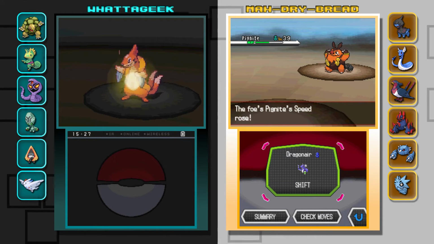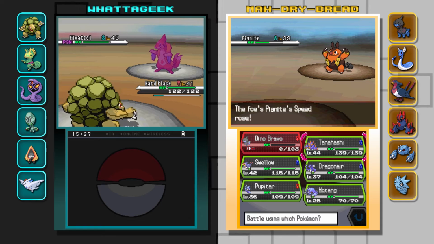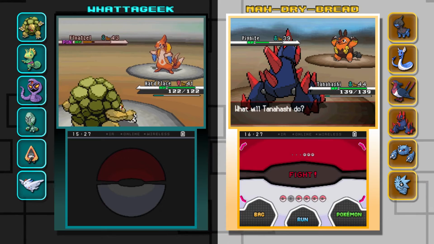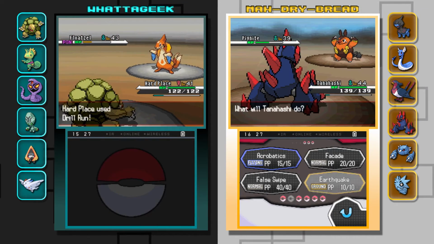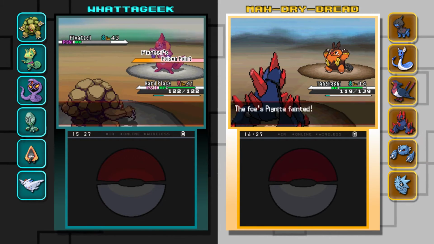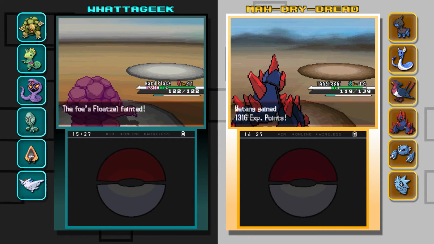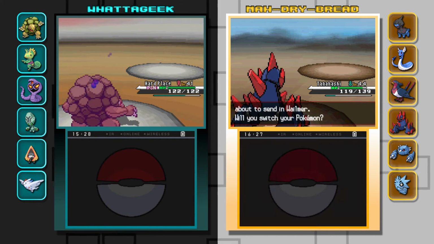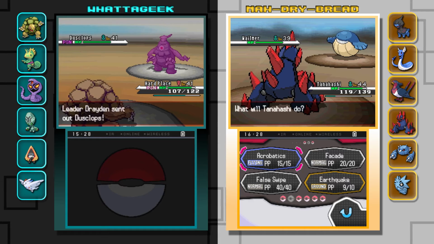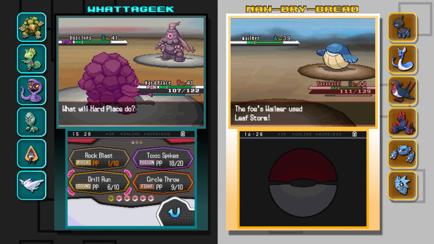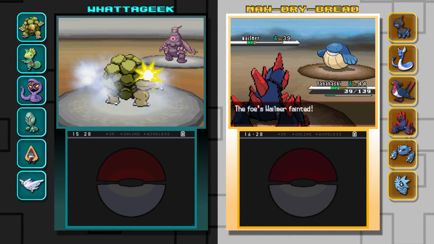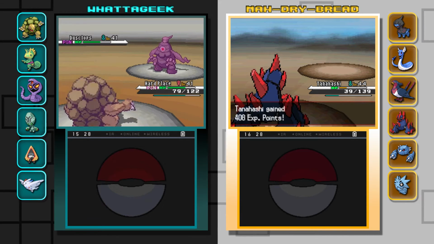Uh-oh. Float Cell's using Tail Glow. Wait, no, what am I thinking? That's a dragon. Tail Glow raises Special Attack drastically. I got called out for responding to your question about paralysis being either a drastic lowering of defense or of speed, or a half, like a cut, basically. And I responded, it's just a drastic lowering of speed. Someone called me out in the comments saying, actually, it doesn't lower it by any stages whatsoever. And it took me a second to realize, oh, he's talking literally about -3 to speed. And I had to clarify to him, like, no, I mean drastic as in the adjective.